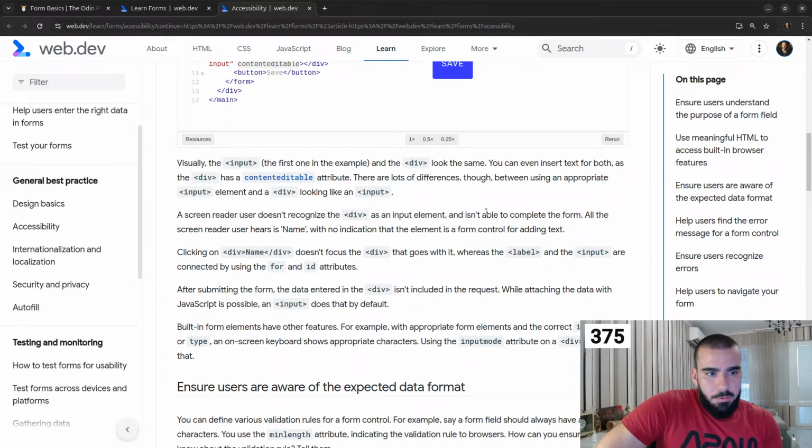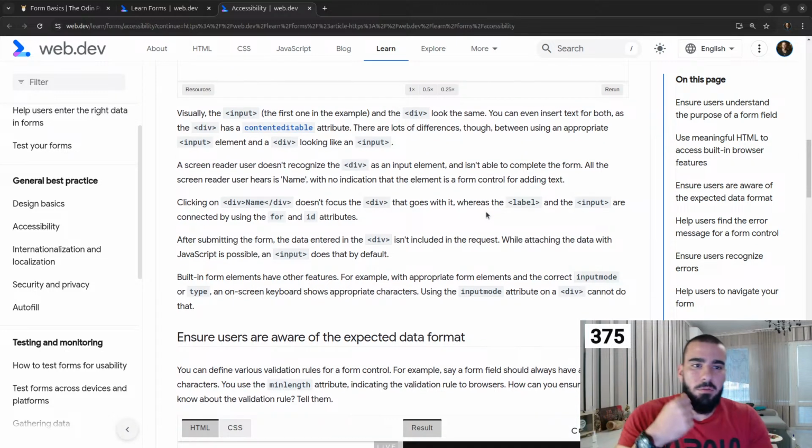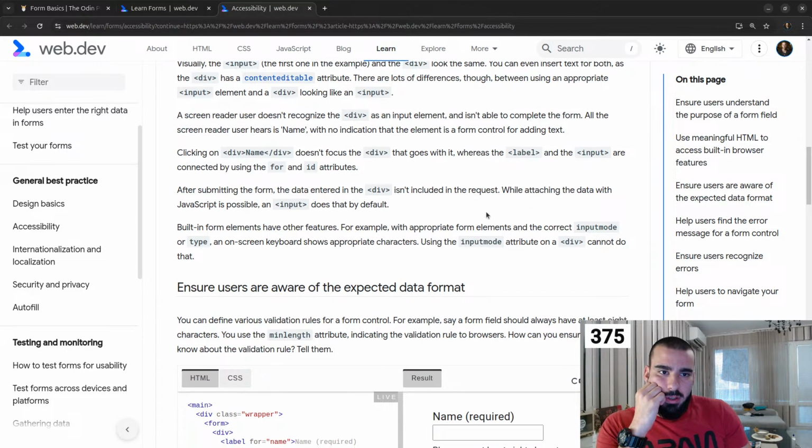There are lots of differences though between using an appropriate input element and a div looking like an input. A screen reader user doesn't recognize the div as an input element and isn't able to complete the form. All the screen reader user hears is name with no indication that the element is a form control for adding